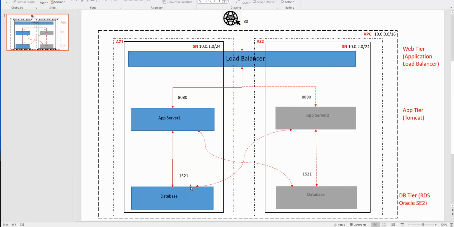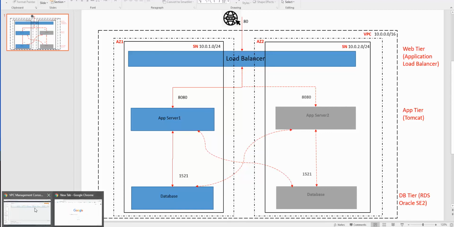We will ultimately be creating three security groups. One is to allow the connection to the database over port 1521, the second one is to allow the connection to the app server over port 8080, and the third one is to allow the traffic to the load balancer over port 80. Okay.